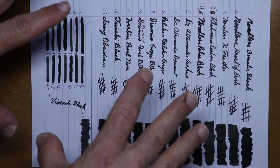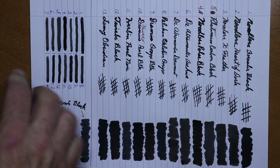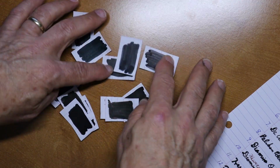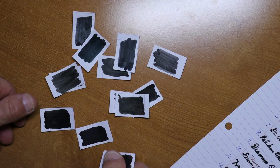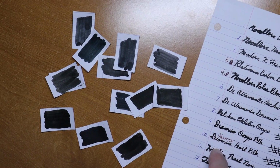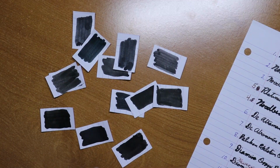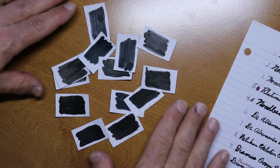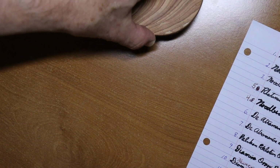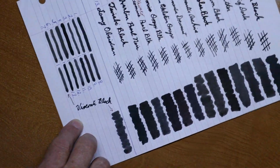In addition, because I wanted to do these under a variety of conditions that would help me to determine what would be a blacker black, I also put the different black inks onto these little squares, and on the back of the squares I had the number that goes along with these right here. So I can't see what the name of them is, and I'll determine what is the blackest black, and then turn them over and see what numbers they are. I'm going to put this heavy coaster on top, try to get that flattened out a little bit. All right, so